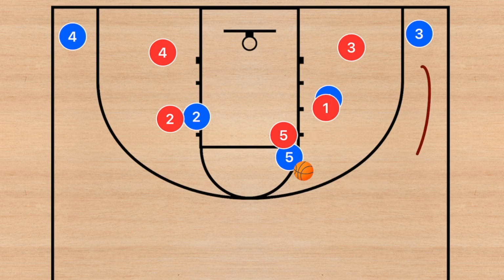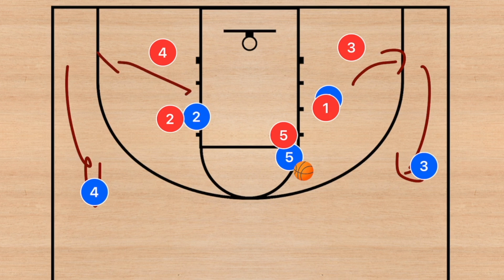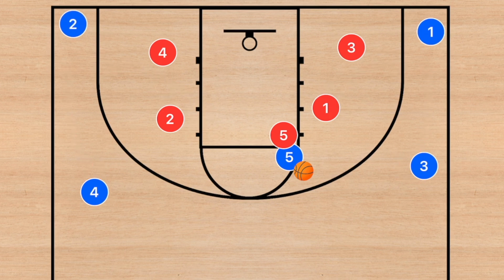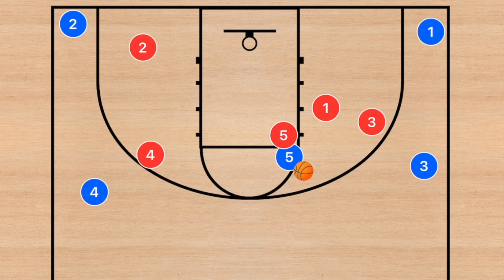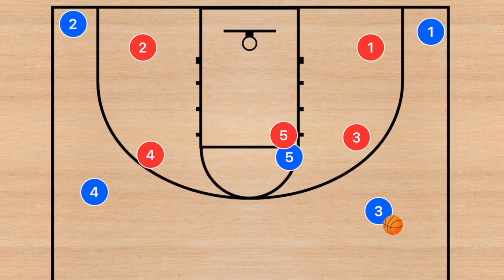If it's covered well, 3, 4, just like before, are going to lift. These guys are going to clear out, just like before. Now, instead of it being the corners that we're looking for against a zone, we're in man-to-man now, and what's going to happen is we're going to have player 3 or 4 get the pass from player 5, and this